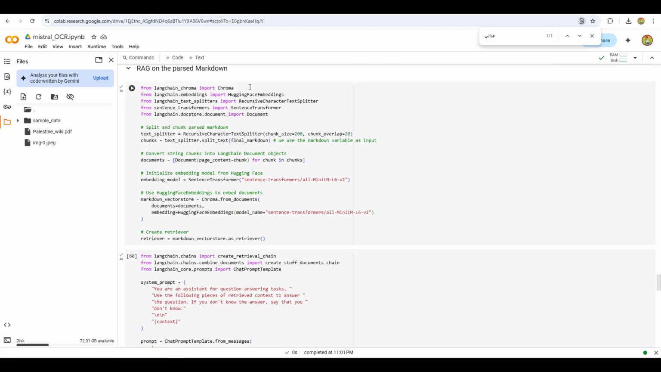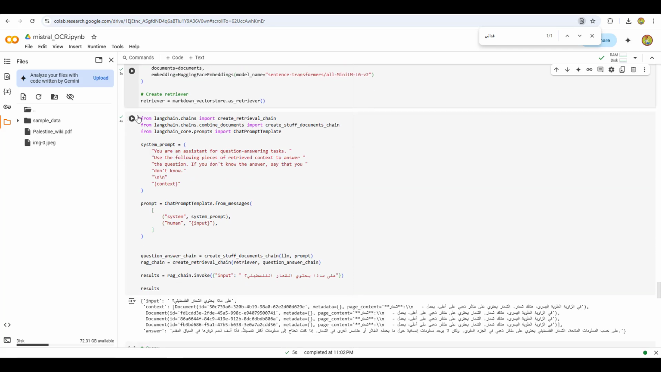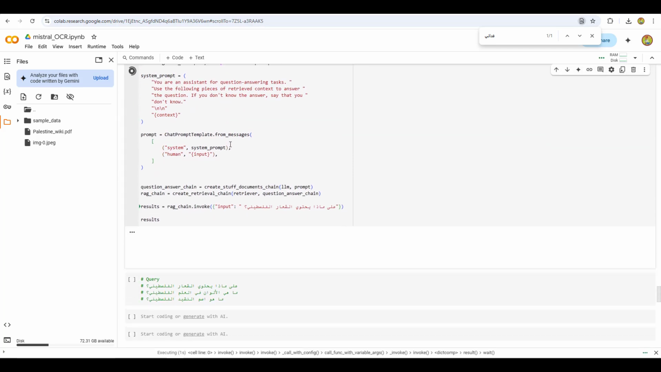This time we will use the Markdown variable as input instead of the original PDF file. So the same structure for the RAG pipeline, we keep the same structure, only the chunks will be based on the final Markdown, as I said. We use the same embedder, the same prompt, and when we run this,